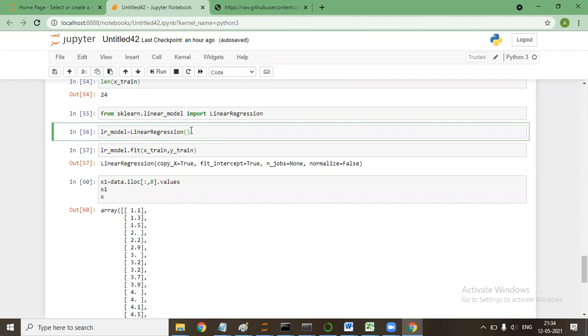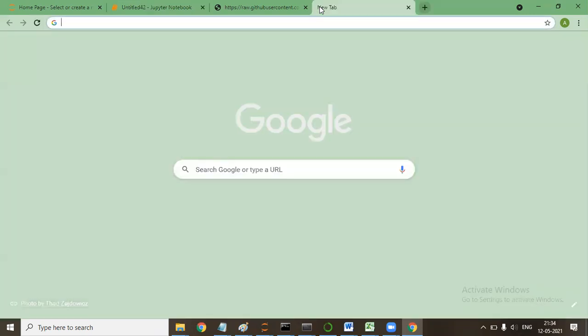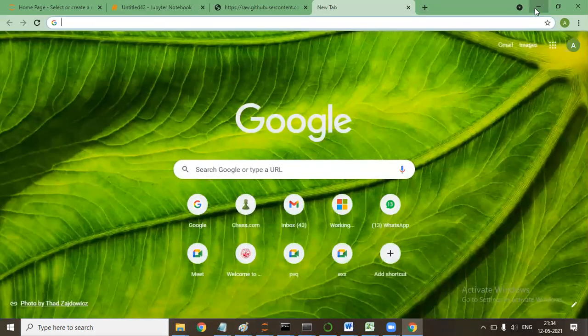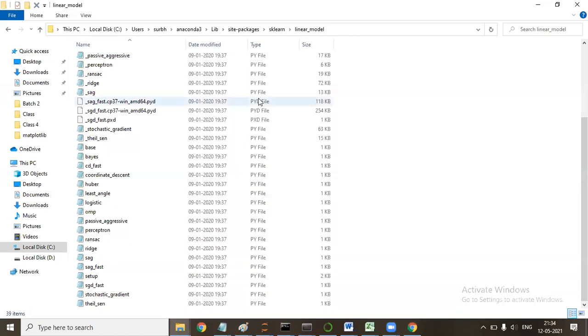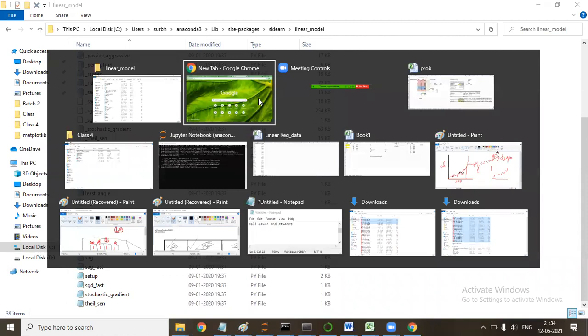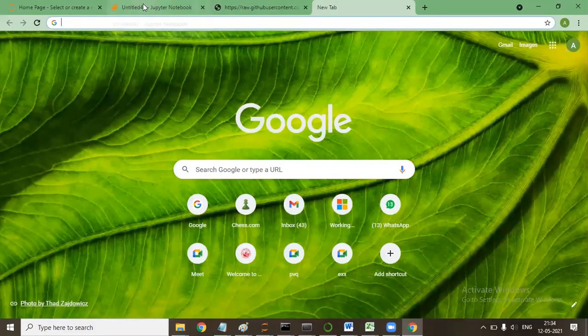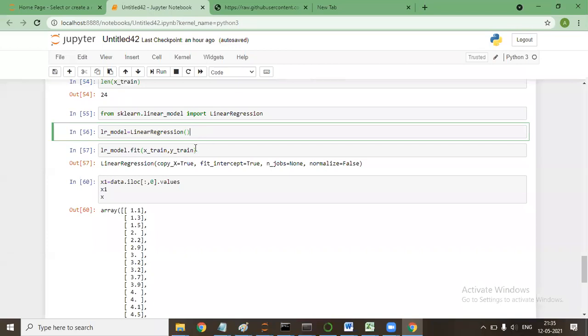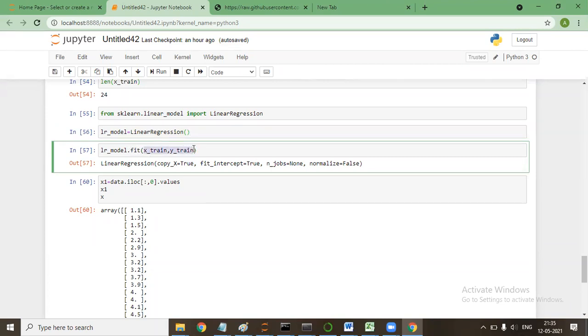So let me tell you from this only. When I say LR_model.fit, I've been passing two arguments here. Did you see it?